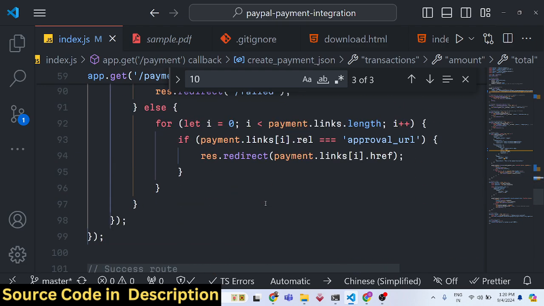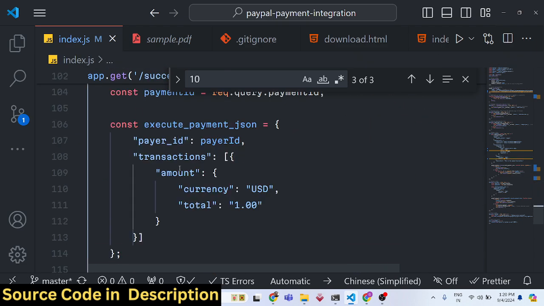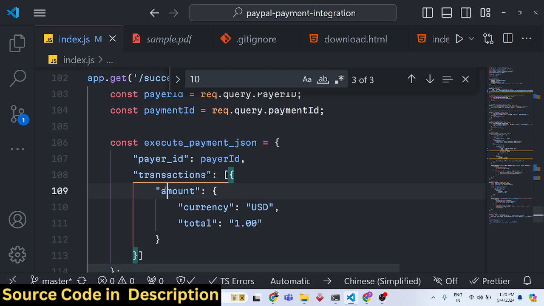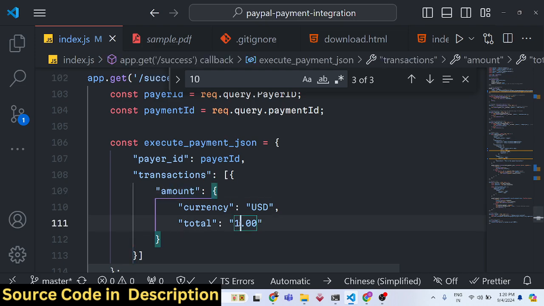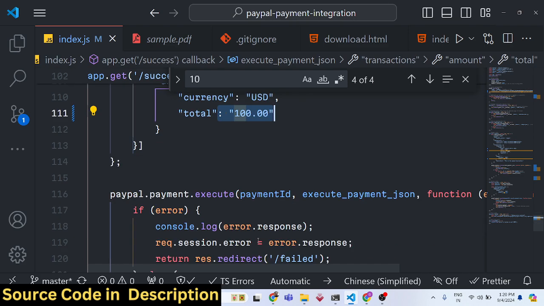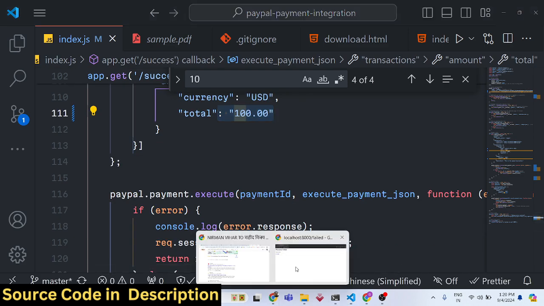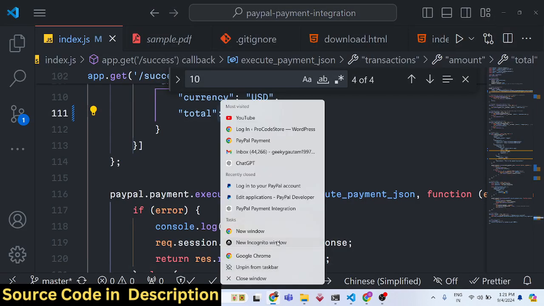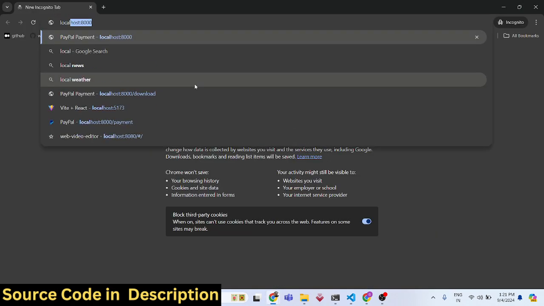And right at the bottom side you have the success callback. Here also the amount is there. You need to change the total property. So whatever the price that you are setting, you need to set the total property to be like this. So now if you make this change, and again if you try to buy this, if I open this,